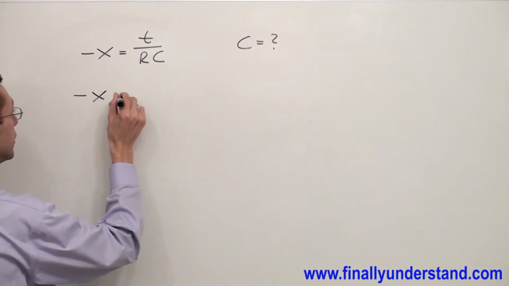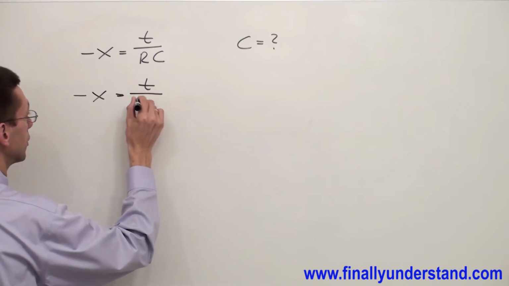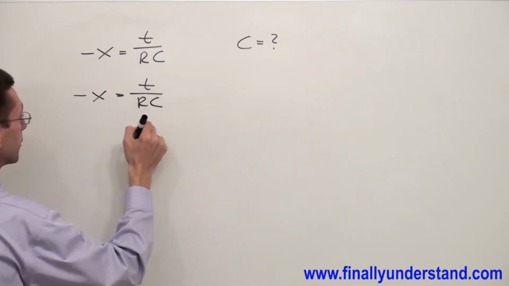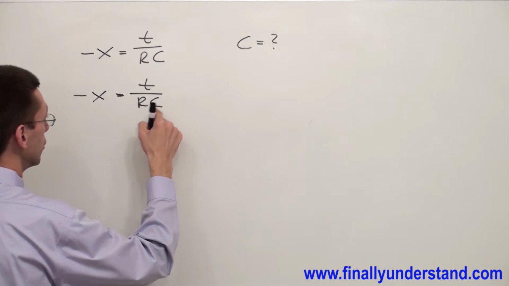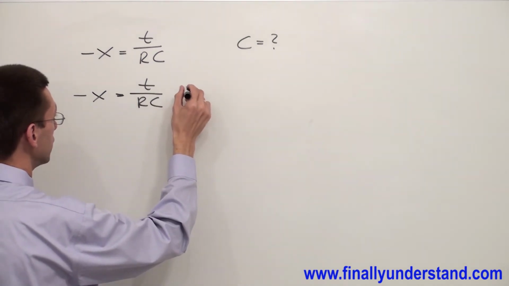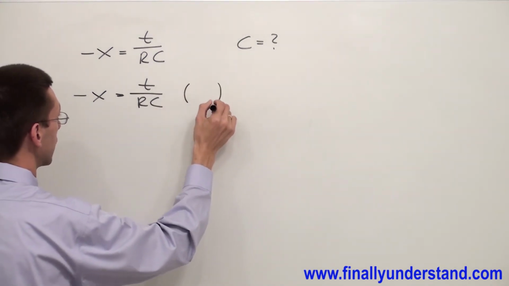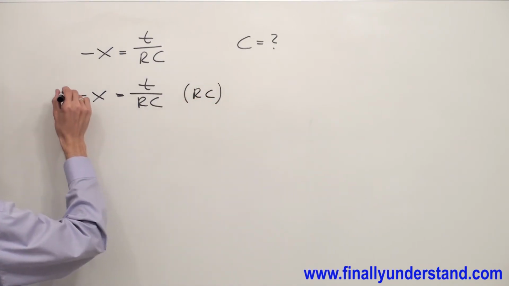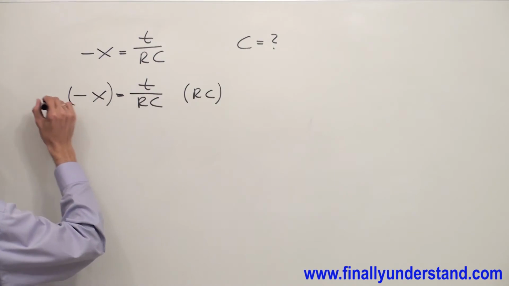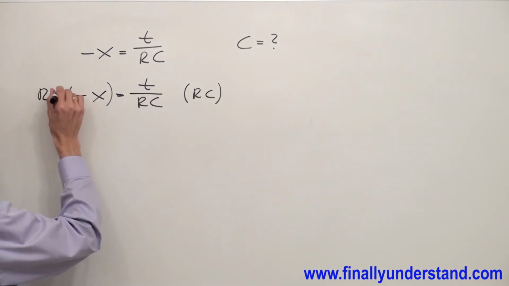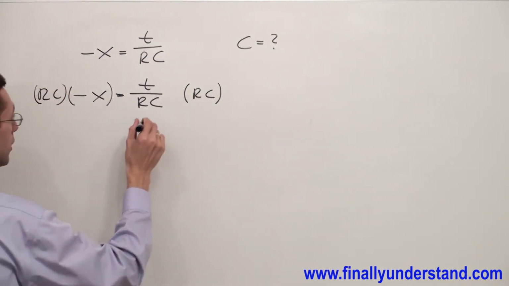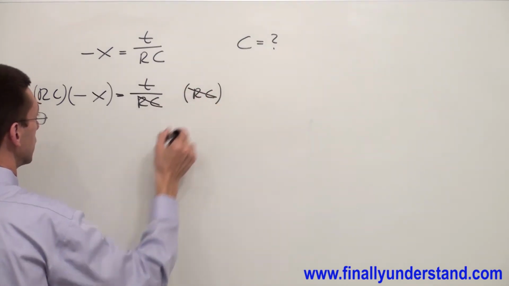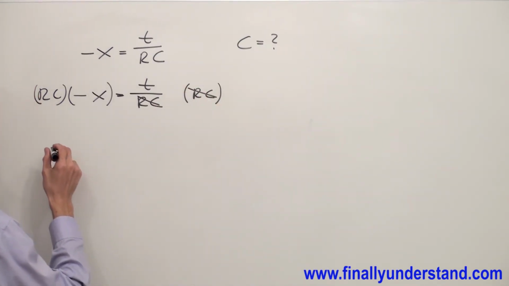I have minus x equals t over rc. Okay, so we said that anytime we want to eliminate the fraction, we have to multiply the right side and left side by the denominator. So I have rc over here, okay? And I'm going to put this x inside of the parentheses, and I'm going to have rc. rc and rc will cancel out. And I'm going to have